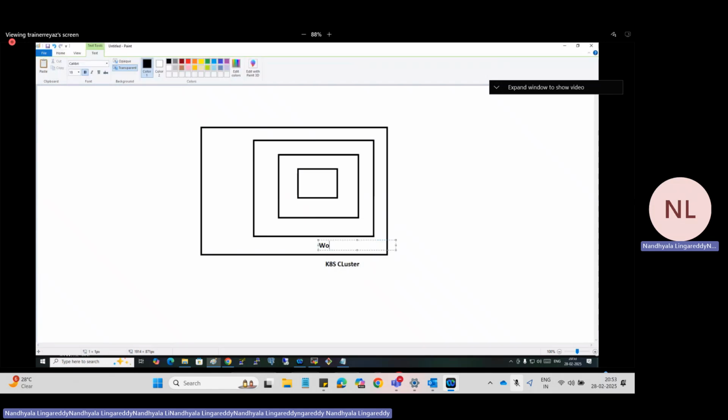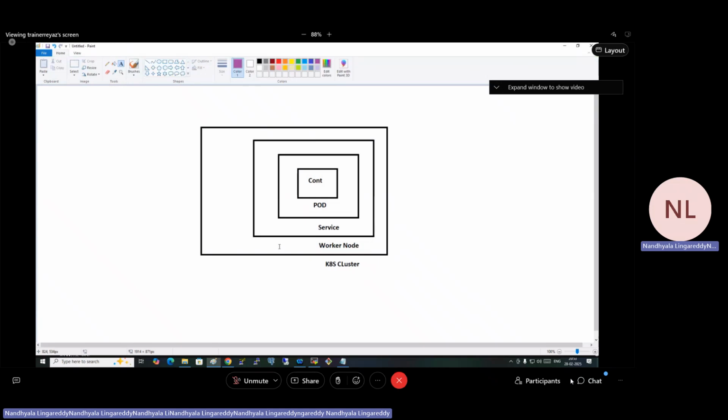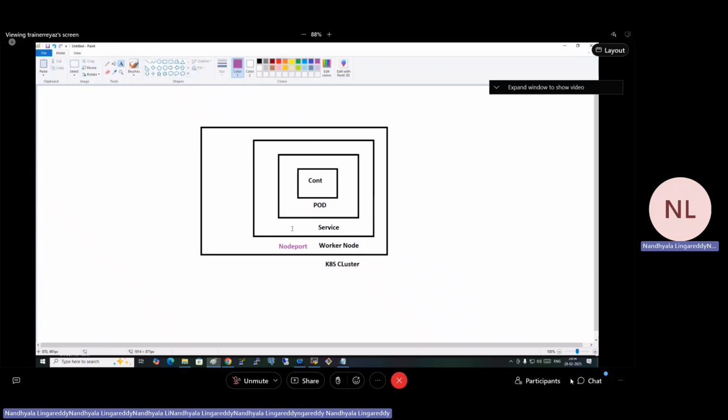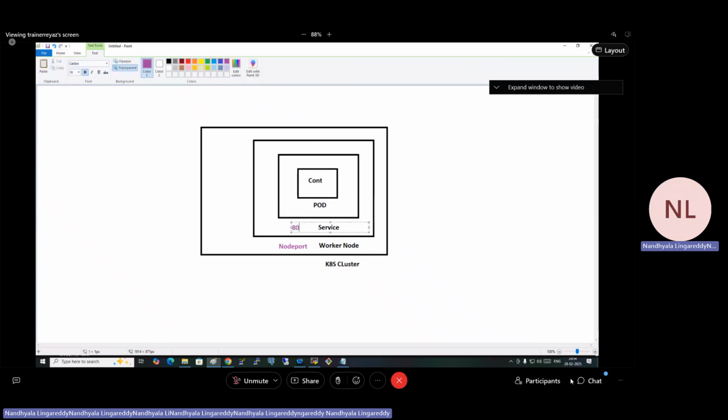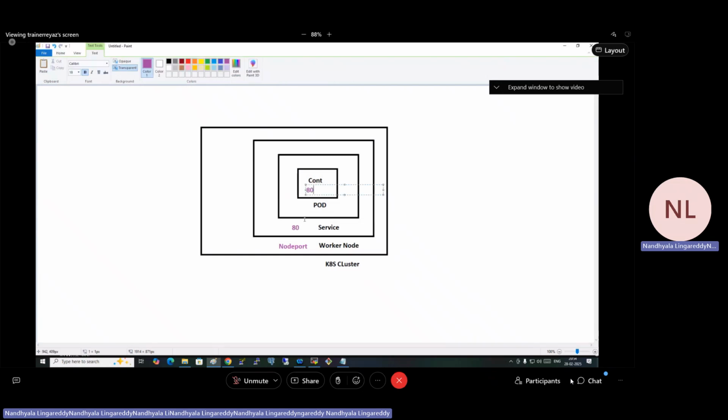This one is the node port, this one is the service port, and inside the container, the container port.